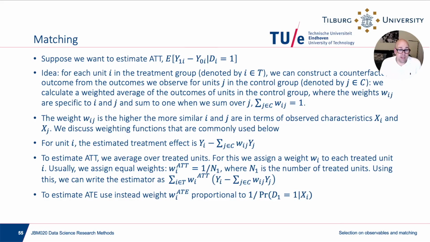Okay, so what that means is that I'm actually going to give more weight to units that were less likely to be treated in the first place. So it is more special that we see them treated, and therefore we want to overweight them, and we give them more weight, and others who are very likely to be treated will receive less weight. And this is called inverse probability weighting.